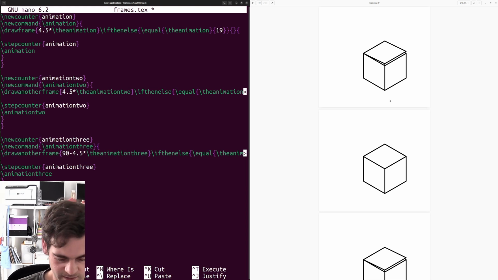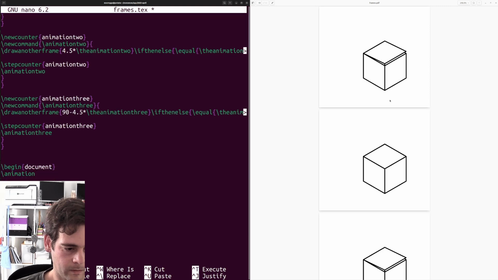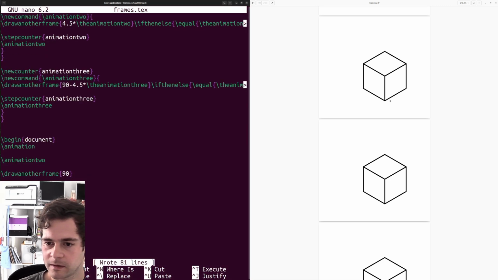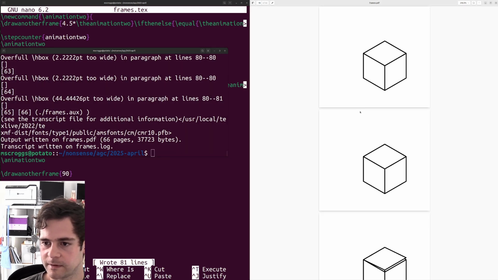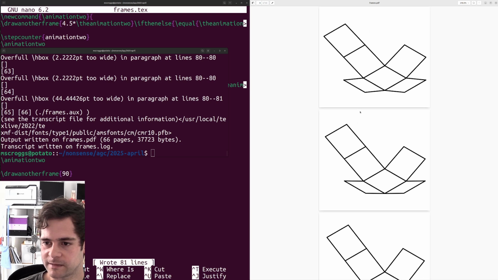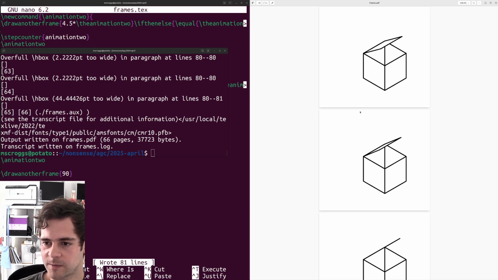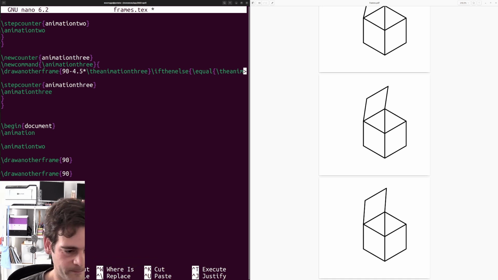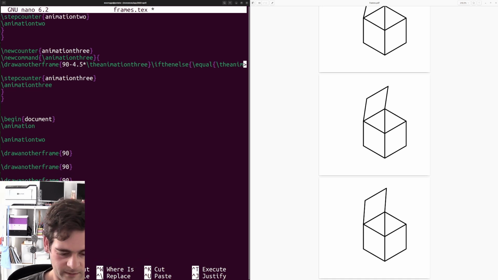So let's draw another frame, 90. Let's put a few of them in so that it opens up, stays open for a bit, and then starts to close. It finishes, stops for a bit, and then opens up again. That's going to look better. Animation 3, animation 4. So let's make a fourth animation,